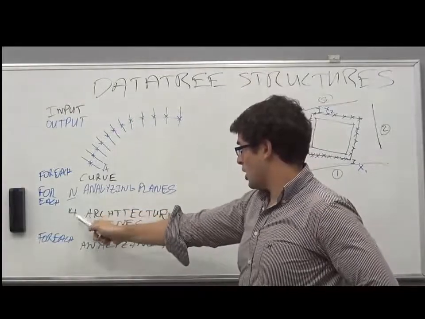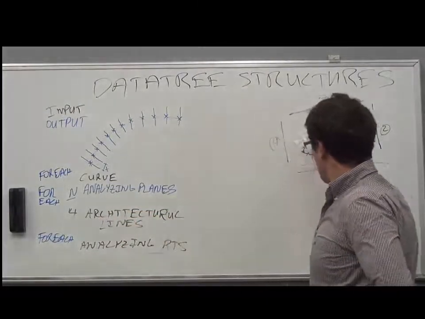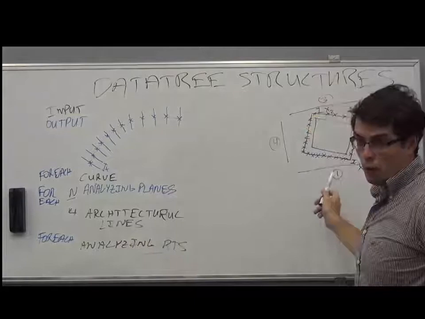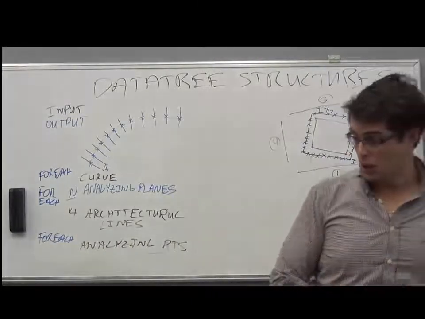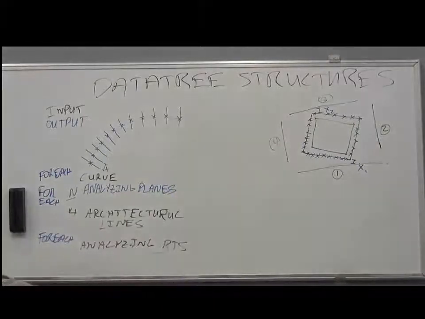And then for each analyzation plane, we're probably going to come up with, in general, for this project, 4 architectural lines. Because if you can see here, the way Zaha's envelope was,